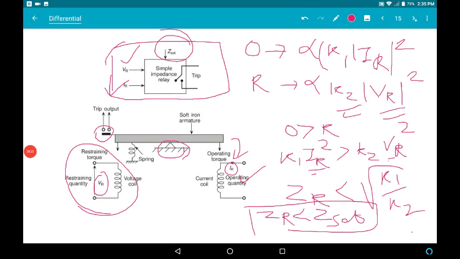So friends, this is the basic impedance relay that we have seen. Similarly, there are different relays, like the reactance relay which only looks at the reactance, and then there is the Mho relay, MHO. We'll be seeing these relays in further videos. As of now, you can read up to this point and try to understand this in a better way.